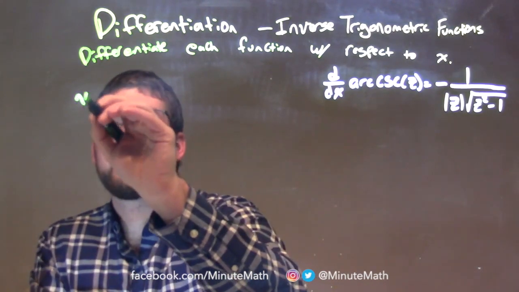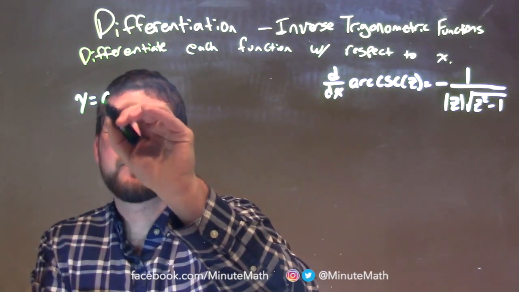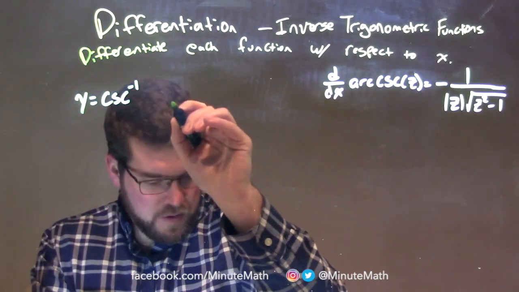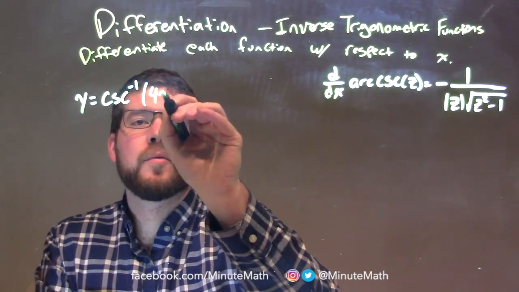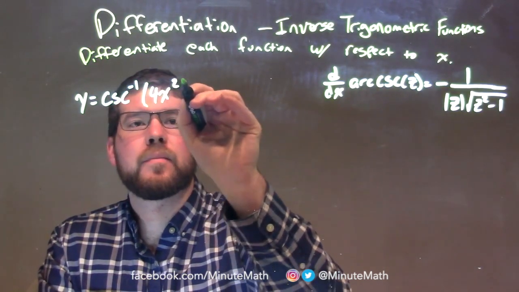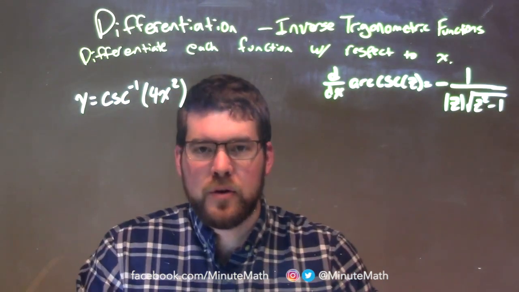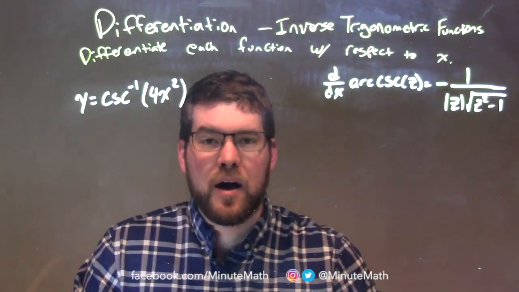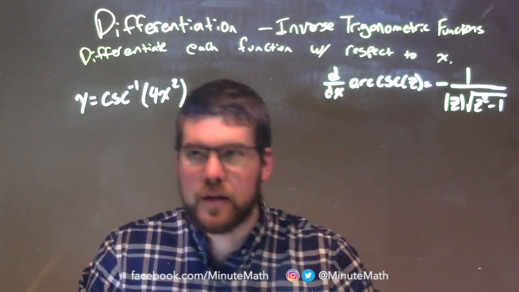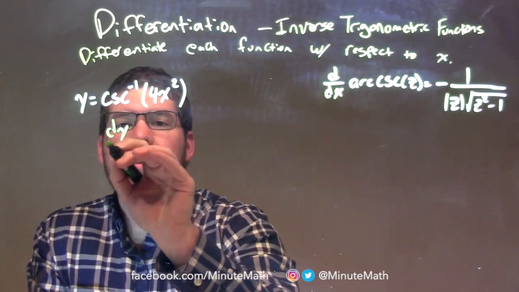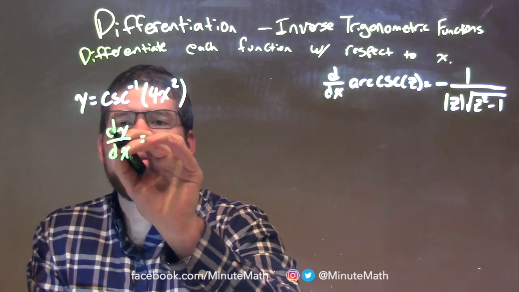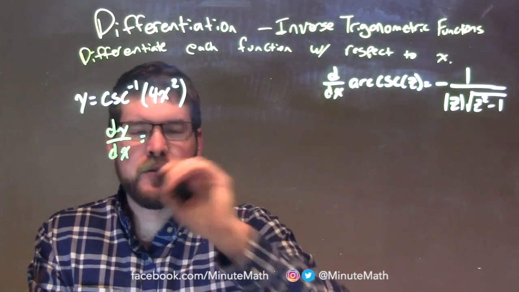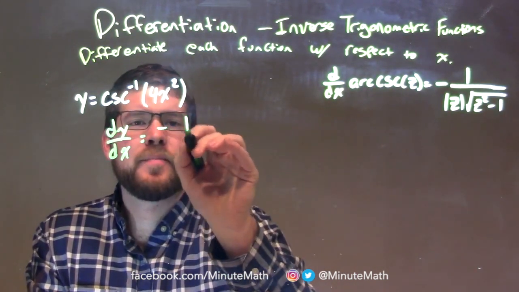Y equals the arc cosecant of 4x squared. Well, what I'm going to do is apply my rule for the derivative of arc cosecant. So we have dy/dx here is equal to, let's take that derivative using that rule, negative 1